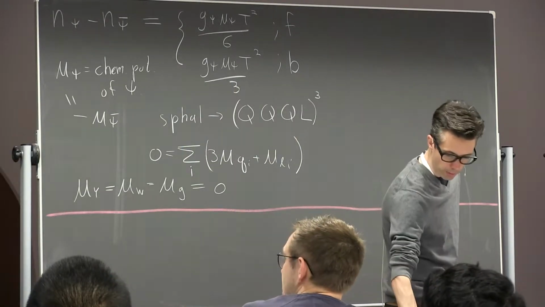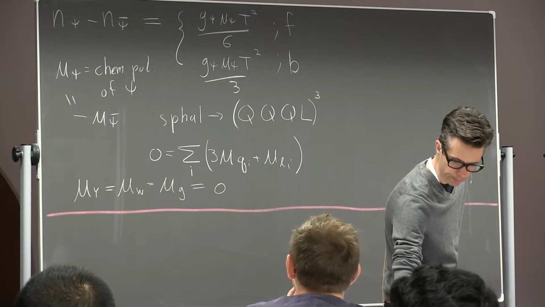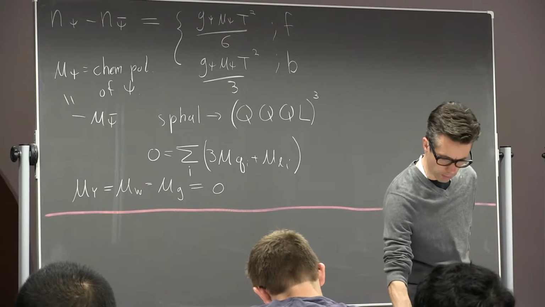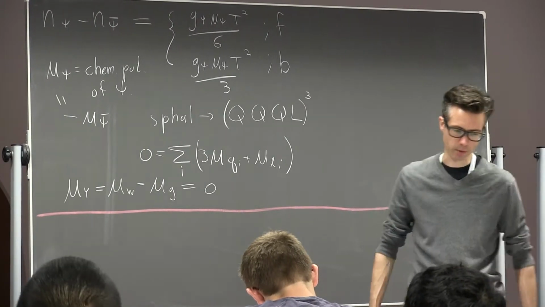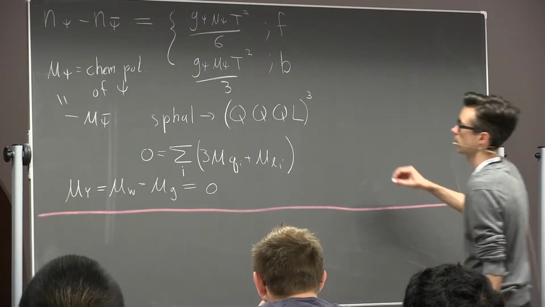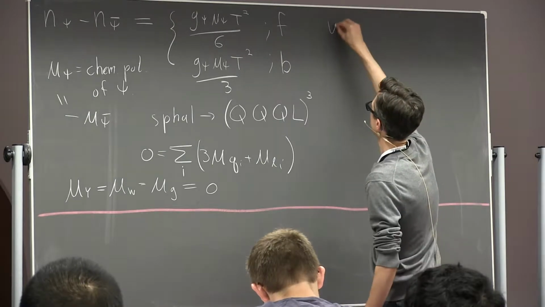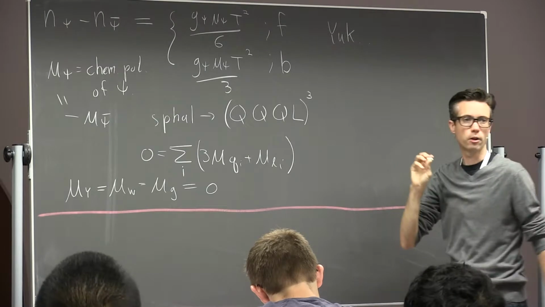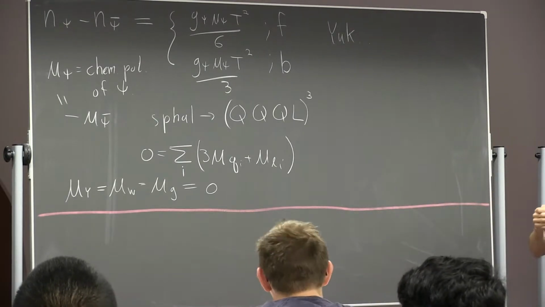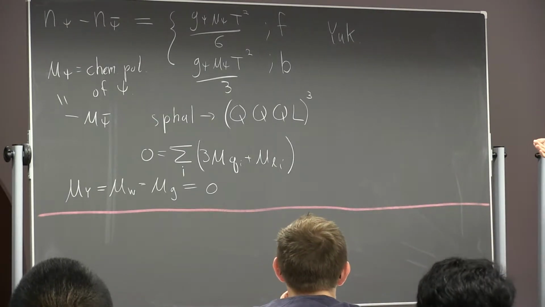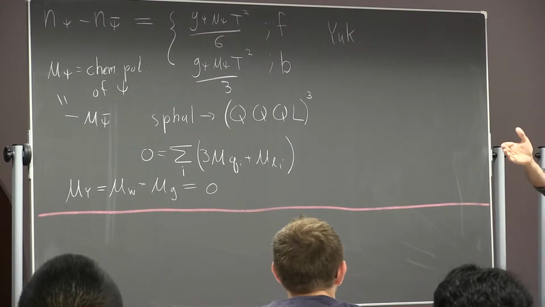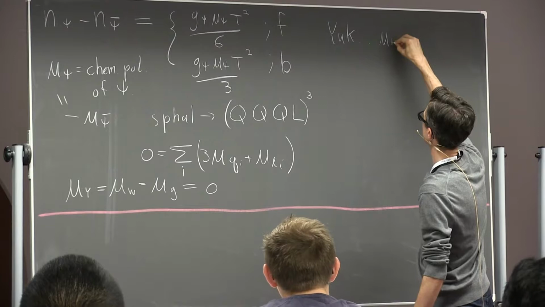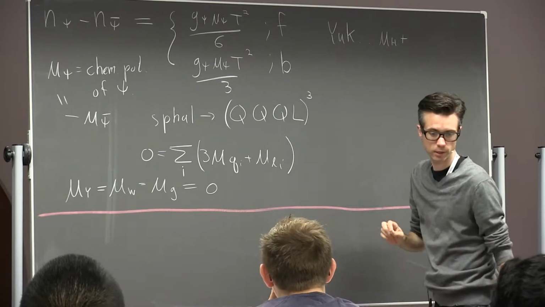I have other processes, like standard model Yukawa interactions. So this is a Sphaleron. If my standard model Yukawa interactions are in equilibrium, these relate a Higgs on one leg with a right-handed quark and a left-handed quark, or right-handed lepton and left-handed lepton, and these are going to imply relations of the form chemical potential for the Higgs doublet